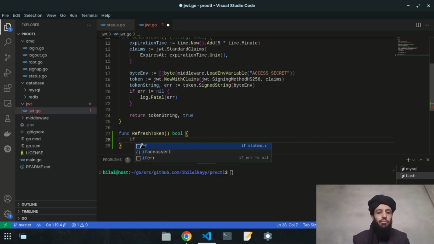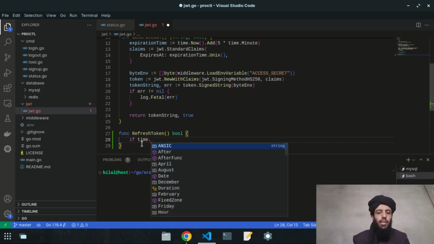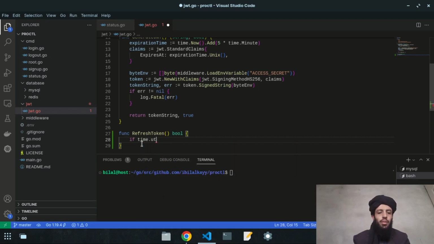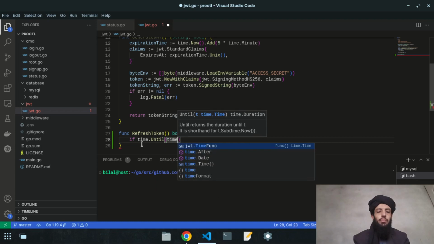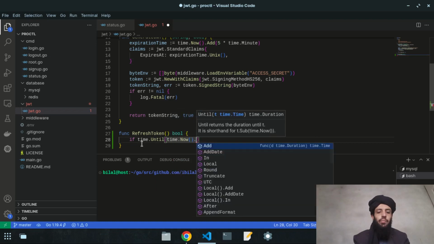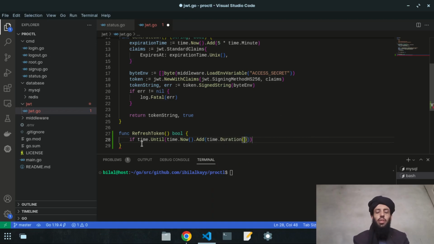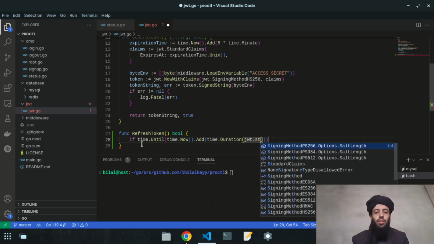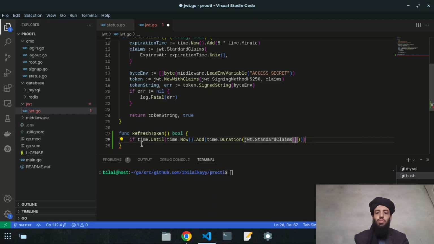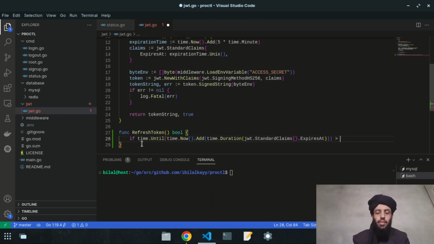So let's write if time until, and after that time now, add time dot duration and JWT standard claims. After that let's give it an expire time, expire at greater than